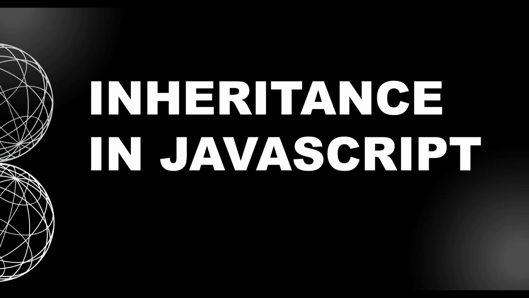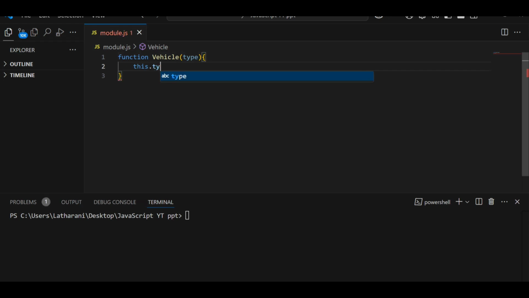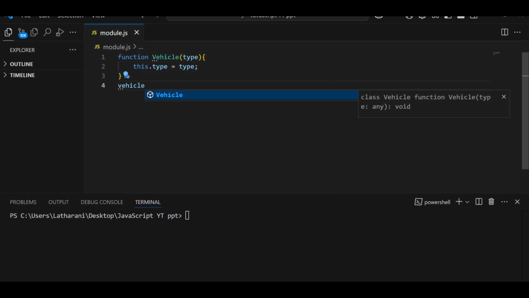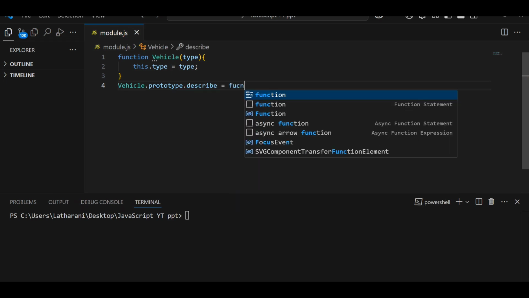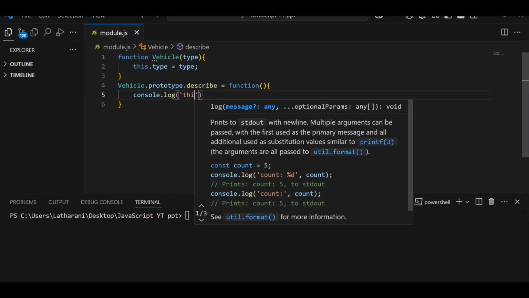I'm taking one example to show how it works. function Vehicle(type) { this.type = type; } Next, Vehicle.prototype.describe = function() { console.log(`This is a ${this.type}`); };